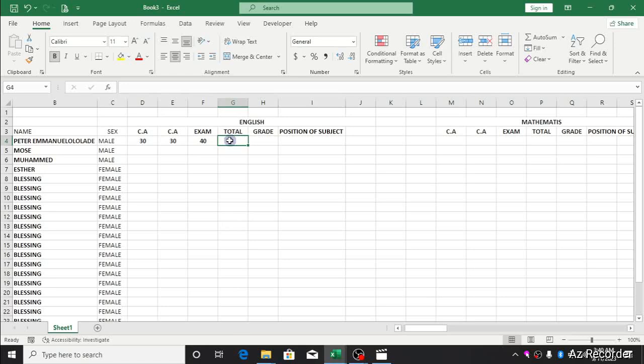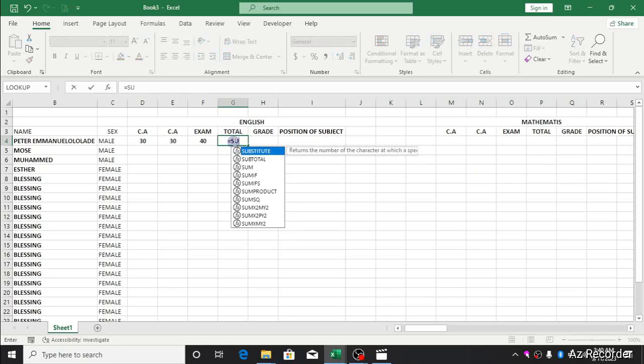So we are going to first of all sum up this and this together, so that as we enter the remaining ones, it will give us the final level. But when we go to the next one, I'm going to change the next pattern so you understand what I'm trying to do. So here we are going to now put, to sum it up, you now put equal to,